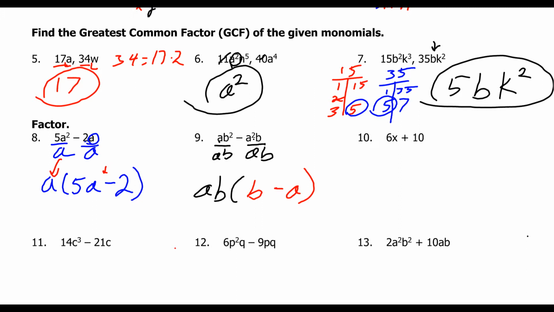All right, now number 10. If you'll notice, 2 will go into both 6 and 10 very easily, so we put a 2 in there. So 2 into 6 is 3, so we got 3x. And 2 into 10 is 5. And there we have it. It's that simple. All right? Now,